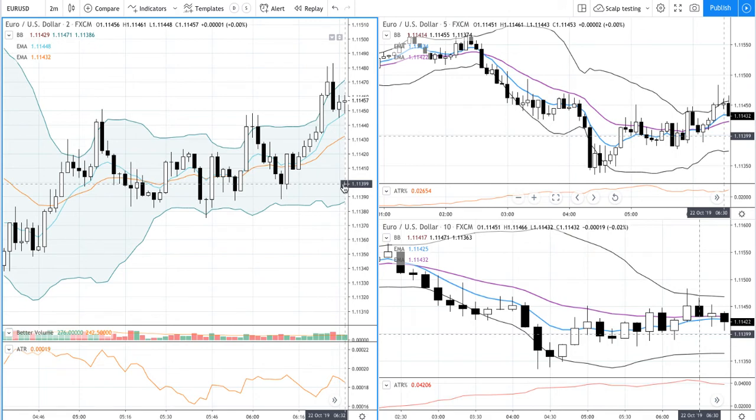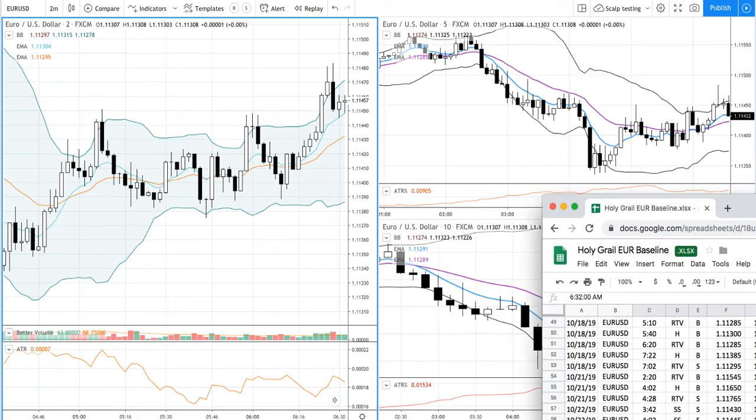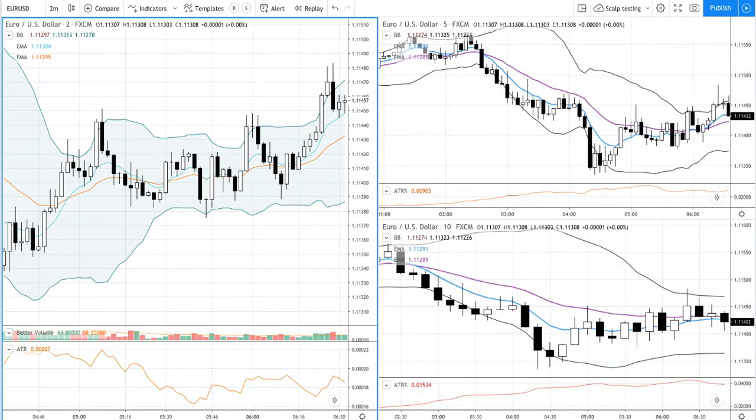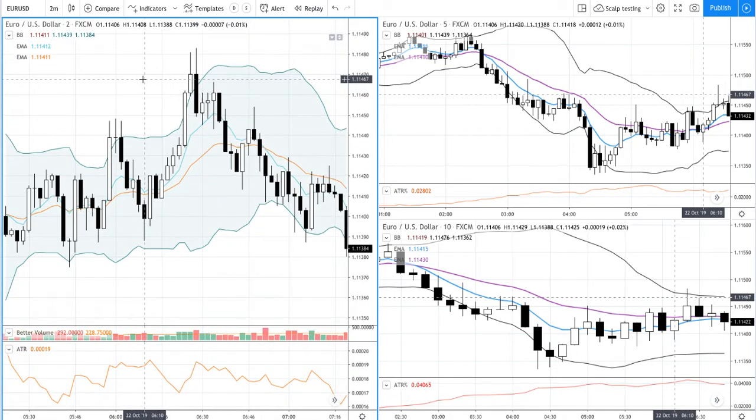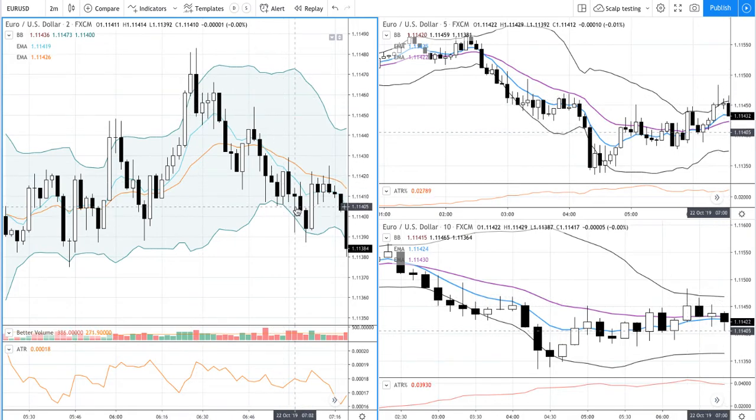And 632, and you can see at 632 we have a 4 pip target, and yeah, hit the target somewhere around here-ish. All right, so at that point,